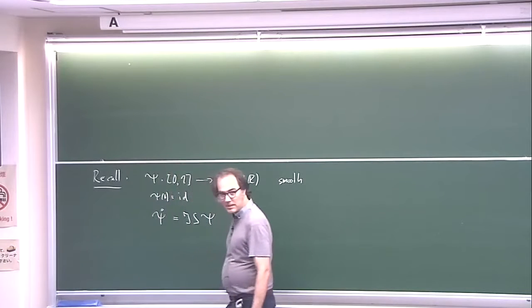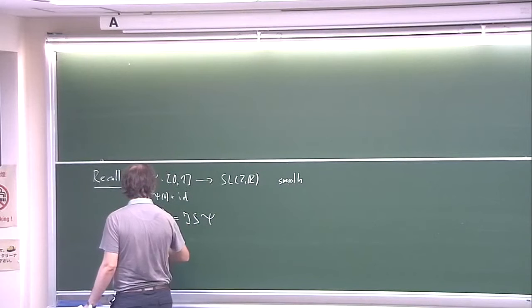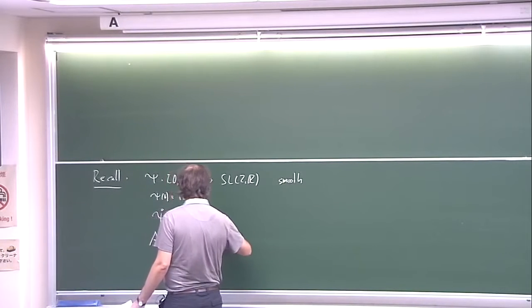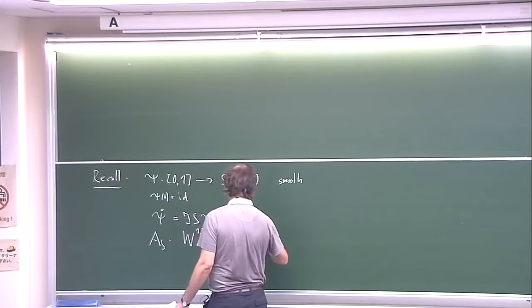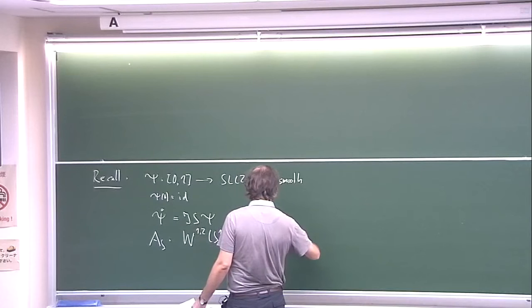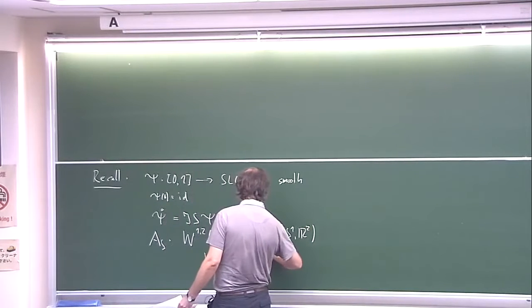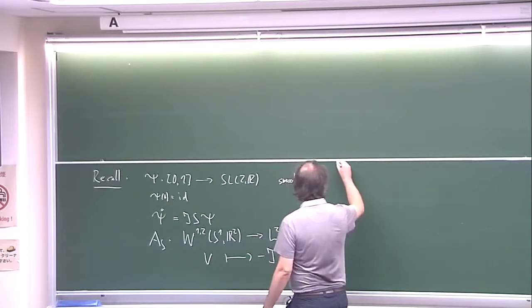J is just multiplication by i, and then we have the operator A_S from W^{1,2}(S^1, R^2) to L^2(S^1, R^2), V goes to −J ∂_t V − S V, and